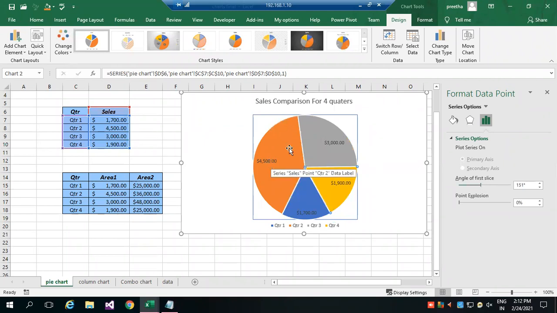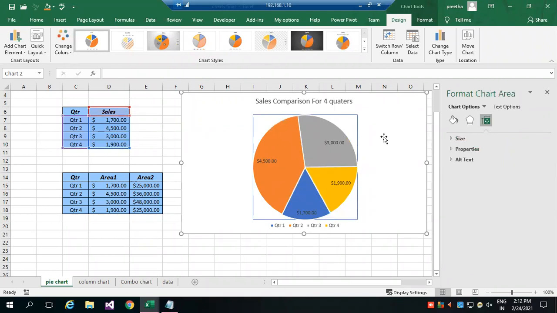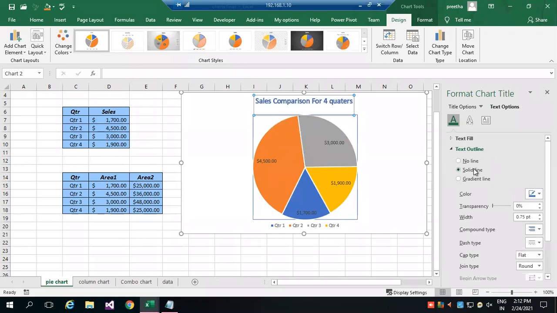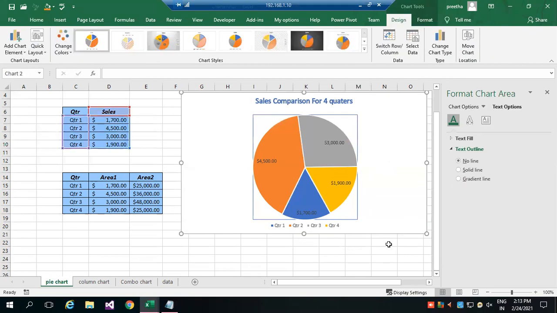Okay. So now I added the label. If I wanted to change the text color, I can go to the text options. So only for text, what color I want. I'm going to select the entire area, then text options. Text fill. By default, the color is given. So you can select for all what color. Outline, color, everything you can select. So right now I selected in this way.